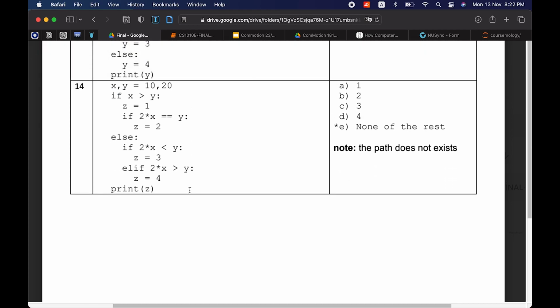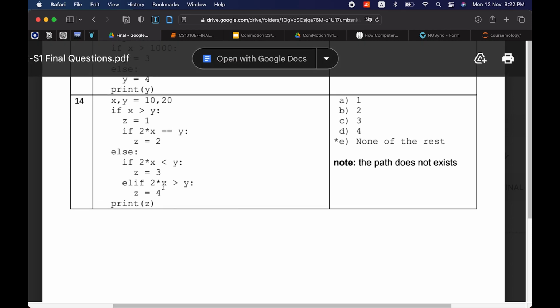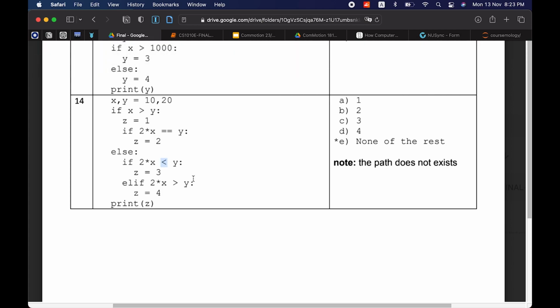Okay, X, Y is equal to 10, 20. This is quite simple because X is not more than 20, so we can just ignore this whole block. Else if 2 times X is less than Y, 2 times 10 is 20, it's not less than Y, because 20 is equal to Y. So this should be a less than or equal to, so that it will be true.